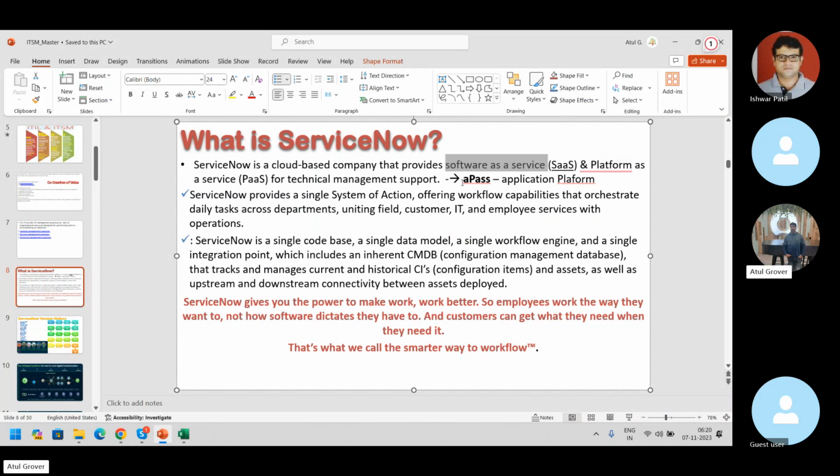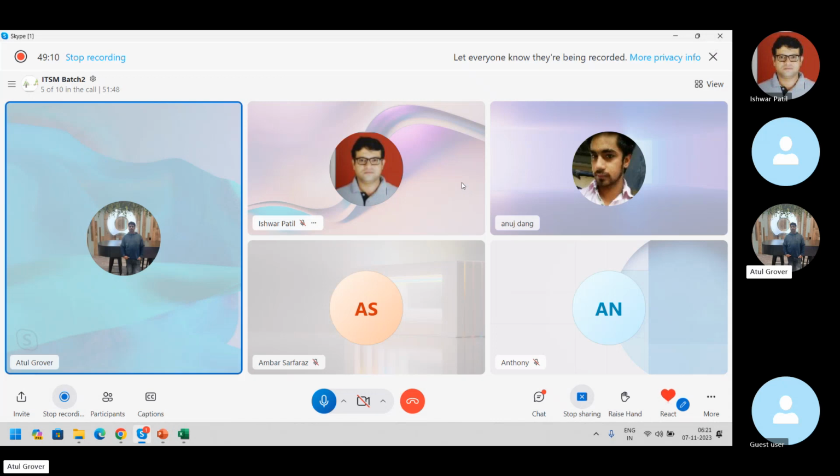APaaS is a new word in the ServiceNow world. Application platform as a service. You will be surprised to know that I was reading one post on LinkedIn. A company is putting up an ad: architect as a service. They have a few qualified, certified master architects in the ServiceNow domain, and they're putting it on LinkedIn. If you need an architect for 2 weeks, 3 weeks, 5 weeks, 1 month, you can hire from us. They will help you in your business and they will move out. Wow, surprising. Architect as a service.